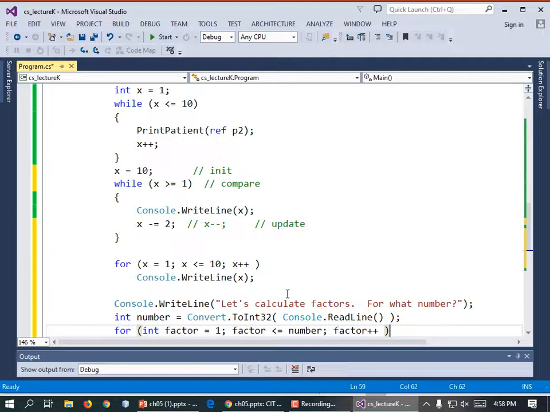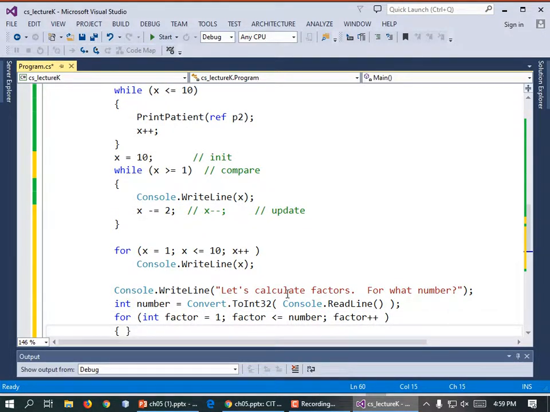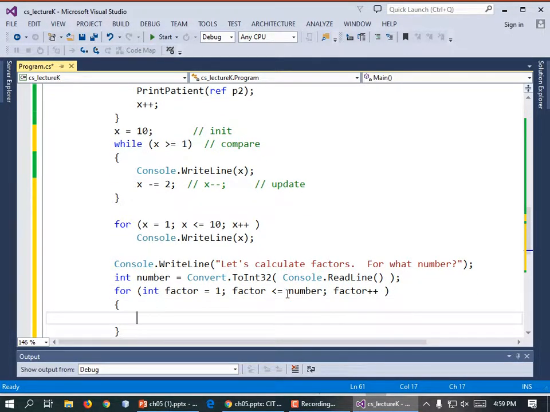Then inside our curly braces, we're going to check to see if number modulus factor is equal to 0, and if it is, we're going to print it out. So open curly brace. If (number % factor == 0), enter,